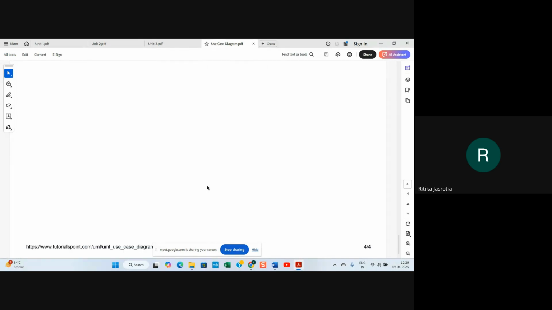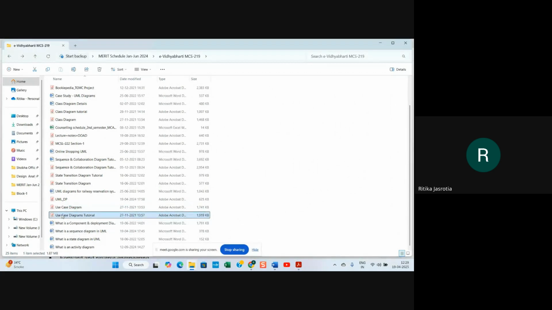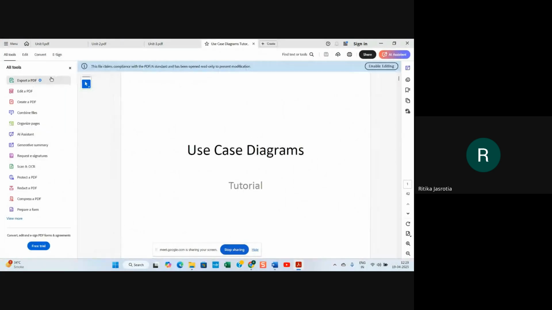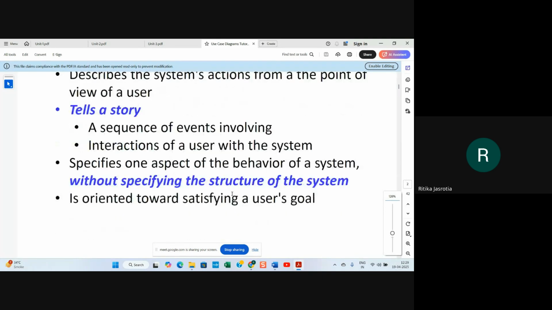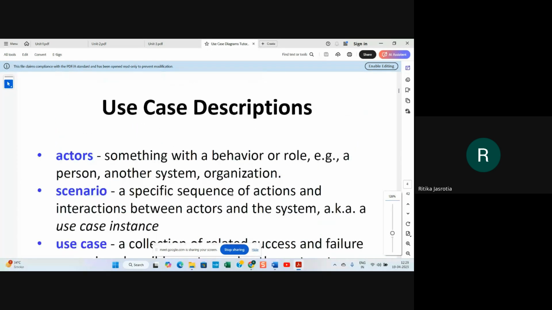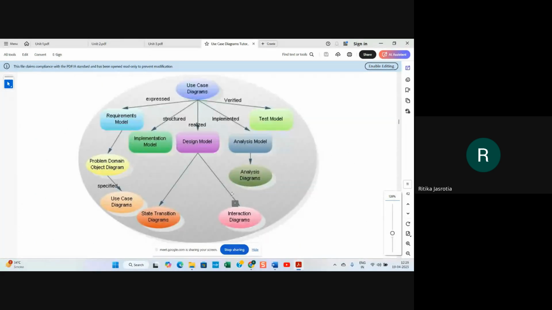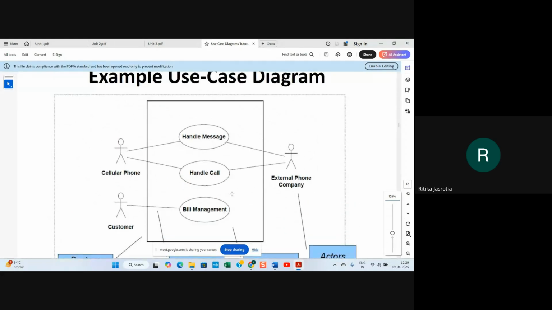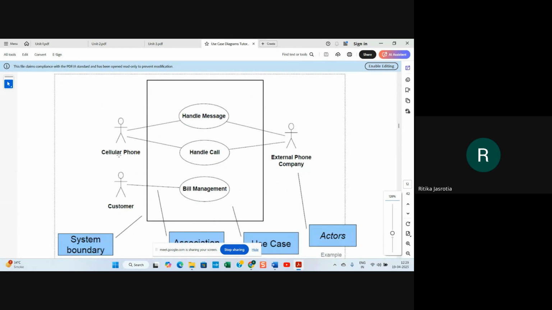Another example, if we give. So we are talking about all these things. Here they are giving an example of a cellular phone.